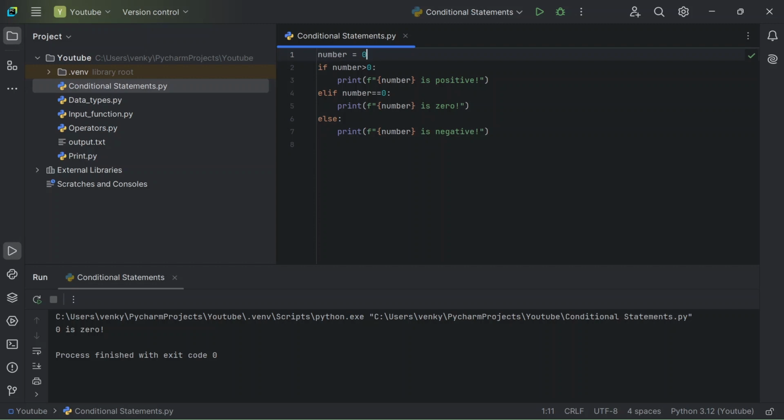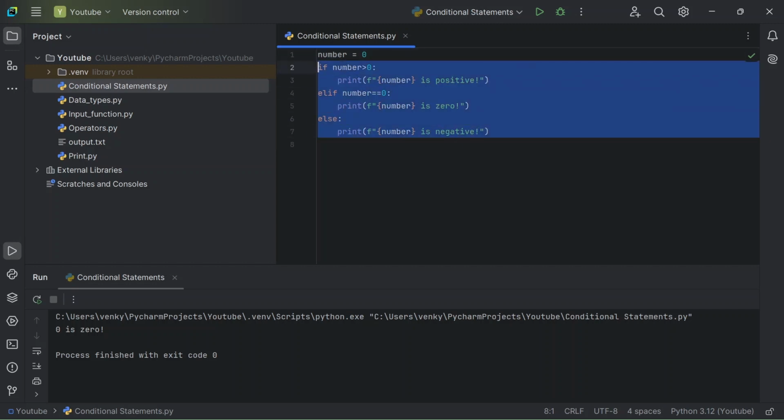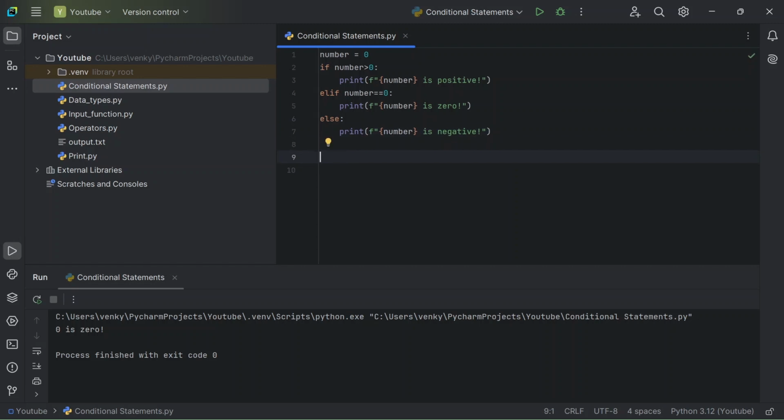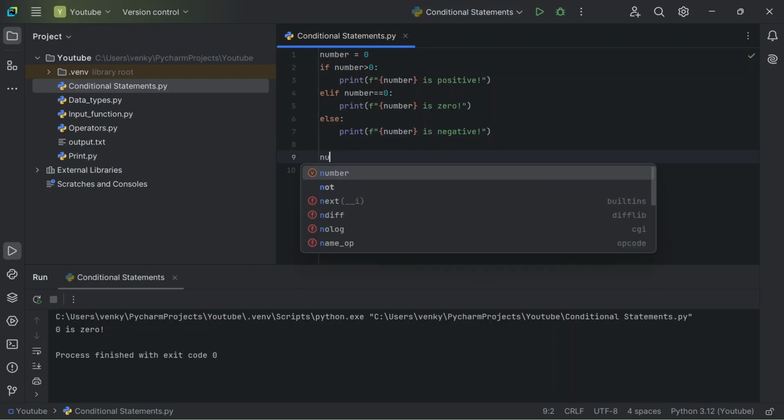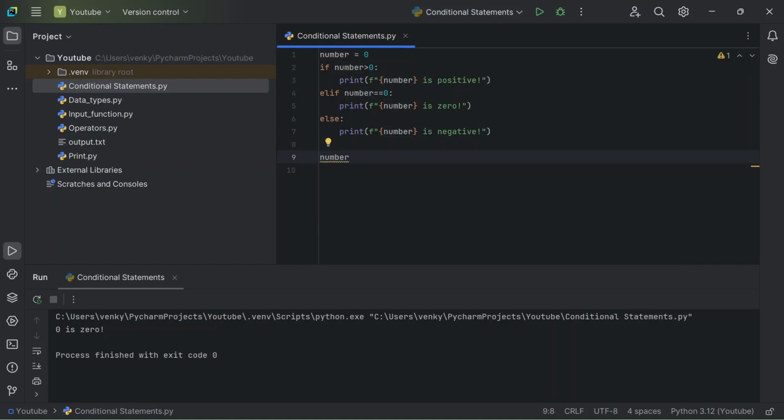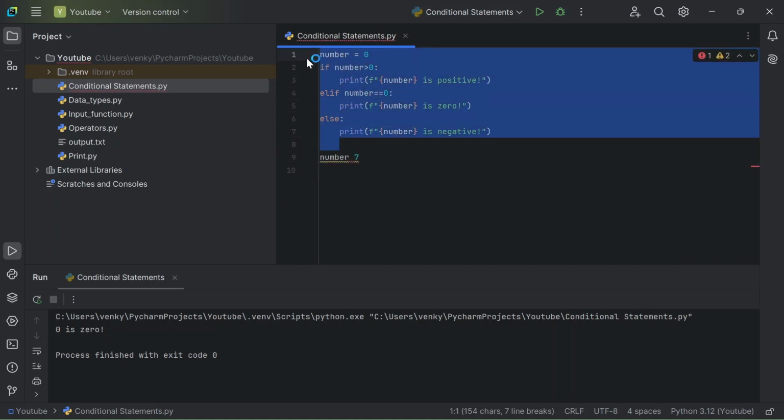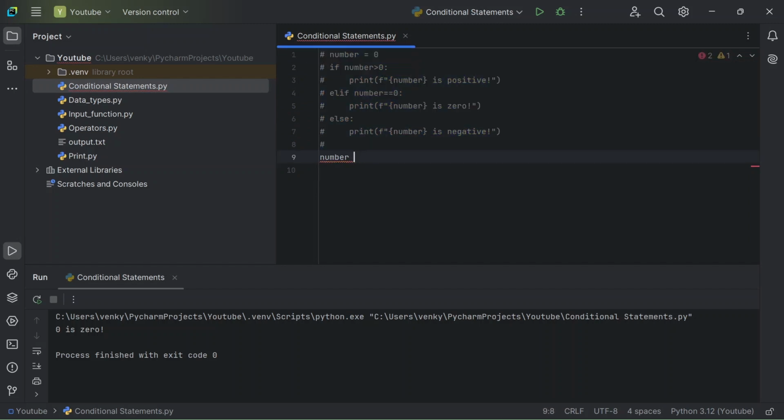Now let's talk about the ternary conditional expression. It is a compact way to write an if else statement in one line. We wrote this in multiple lines, right? We wrote it in 7 lines. So this entire thing can be written in one line. Like, you can take number is equal to 7. I will comment this out, and I'm storing this result in a result variable. So positive